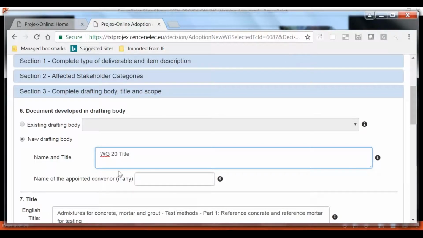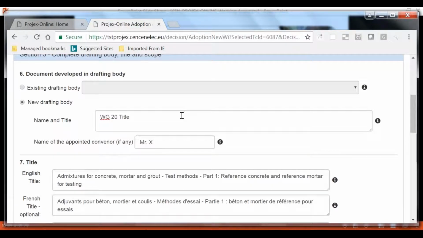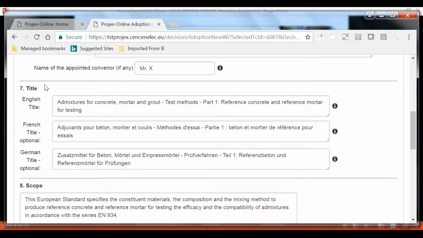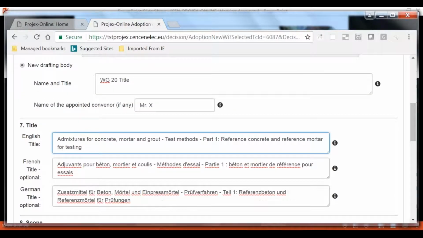So let's take title, and if there are some convener already appointed for that working groups, you can also mention it here. Then question 7, it's about the title. We have here added the French and the German title, and you see that you have sometimes information already